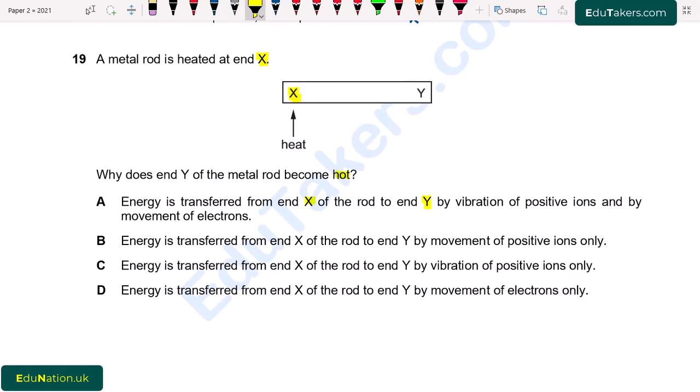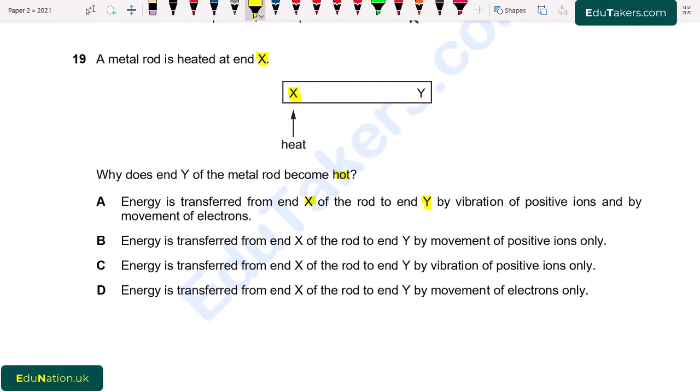B. Energy is transferred from end X of the rod to the end Y by movement of the positive ions only. C. Energy is transferred from end X of the rod to the end Y by vibration of the positive ions only. D. Energy is being transferred from end X of the rod to the end Y by the movement